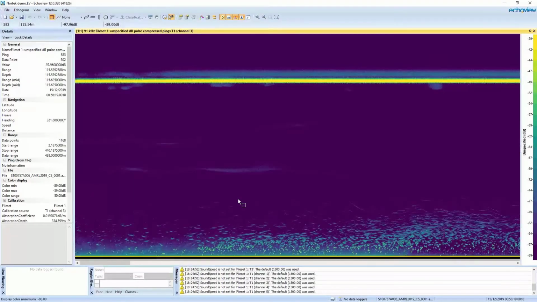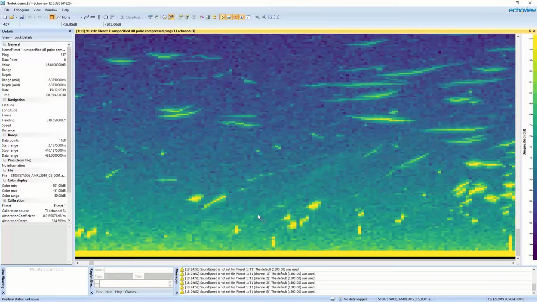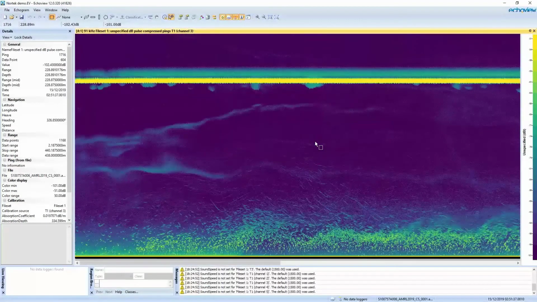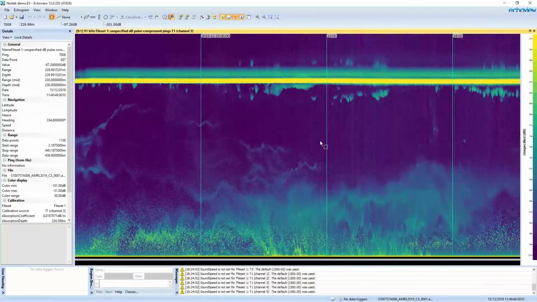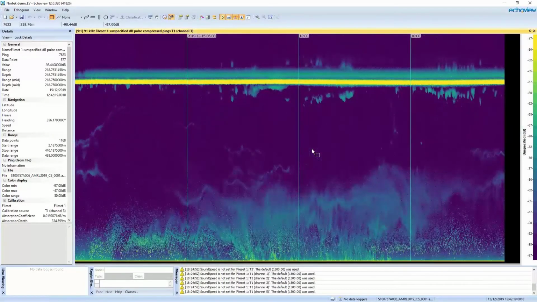We can see there's some really interesting layers in the water column and some nice clear targets close to the transducer face as well. Some really good targets. If I zoom back out, we can see we get a really nice, interesting overview of the patterns in the backscatter of the biomass across time. So these grid lines are highlighting every 6 hours.